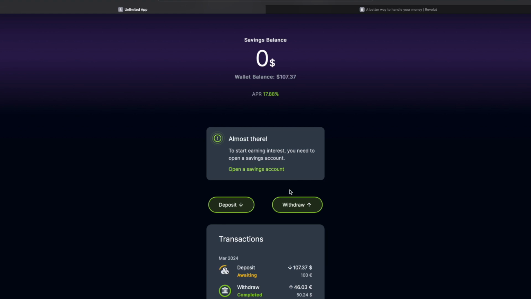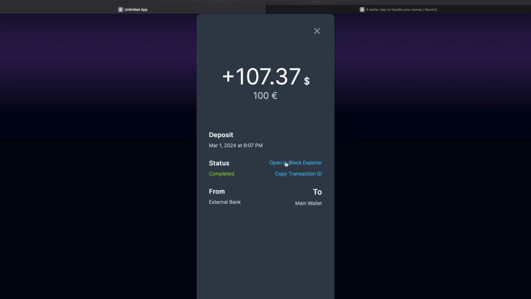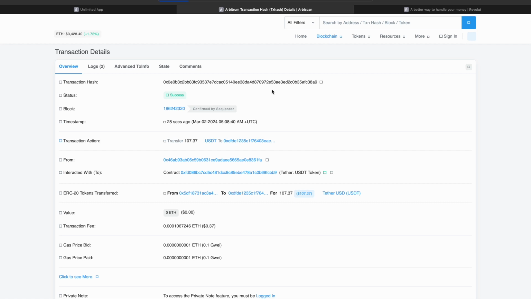Okay, so now we can see that the dollar amount is already here, and actually it's already displayed here, meaning that the transaction is actually confirmed. So yeah, the status is updated shortly after. We can also go ahead and check this transaction in Block Explorer, so meaning that